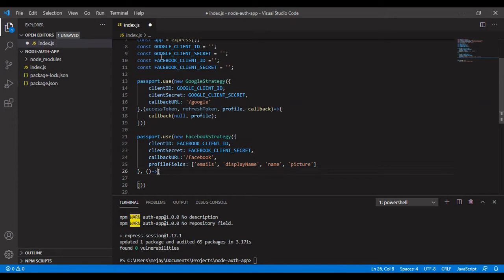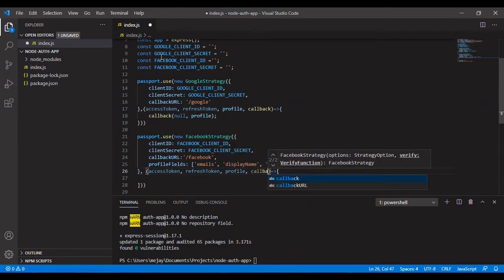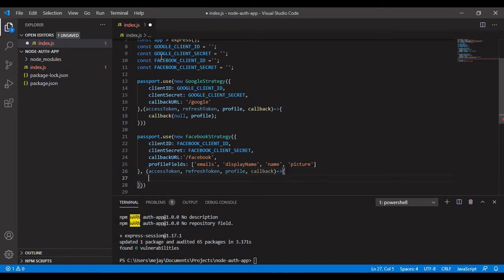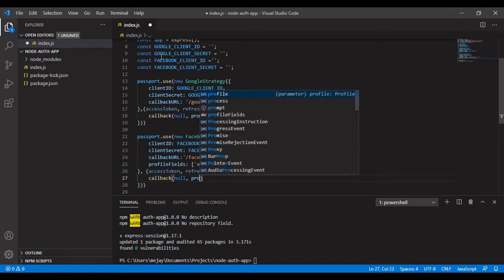Then the same values we need to add in the callback function: access token, then refresh token, then profile, and then the callback function. Whenever we get the data, the callback function will get triggered, and that will return the profile data.